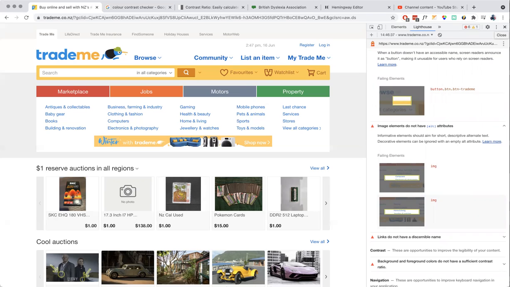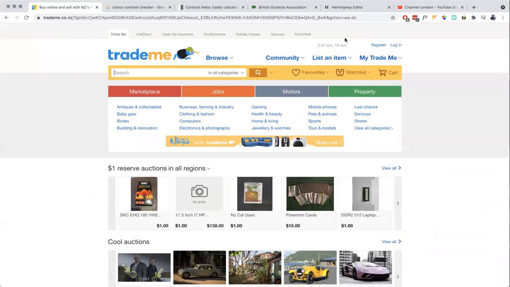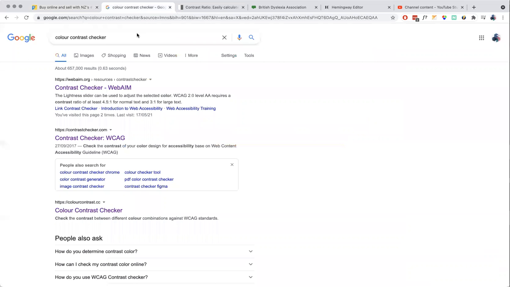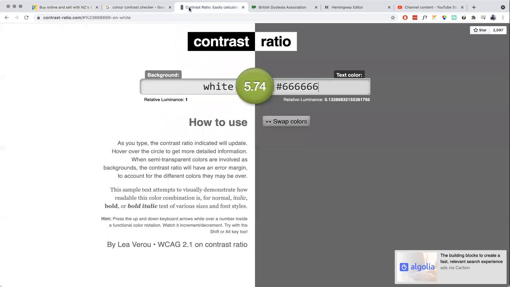Obviously, one of the best ways of using Chrome is just to search the web for lots more information. So if you wanted to test the color contrast on your website and you found that you had some failing elements, you can open up a Chrome page, search color contrast checker, and you'll get about 500,000 options of where you can check that. One of my favorites is contrastratio.com because it's really simple. You don't need any special knowledge to understand it. You just need those hex code color names that we were talking about earlier. And it will show you whether you have a passing color code